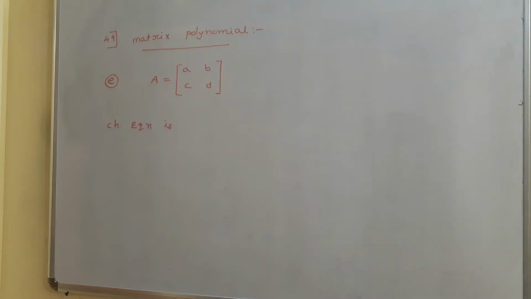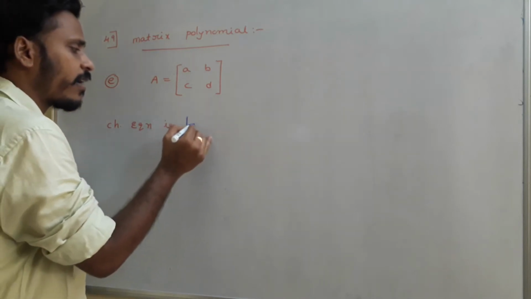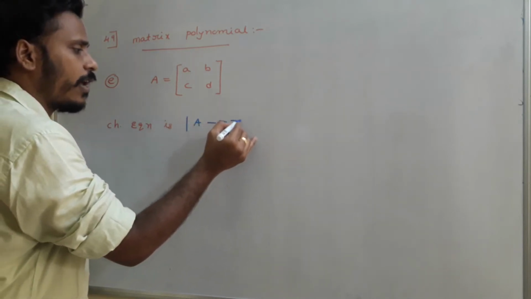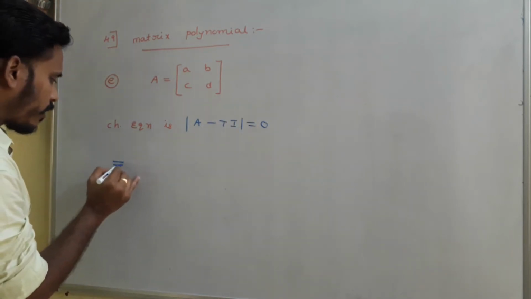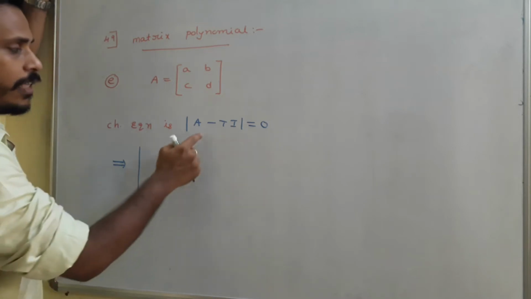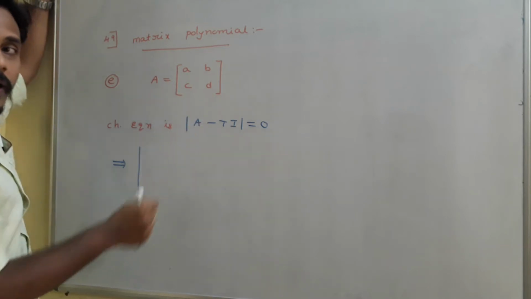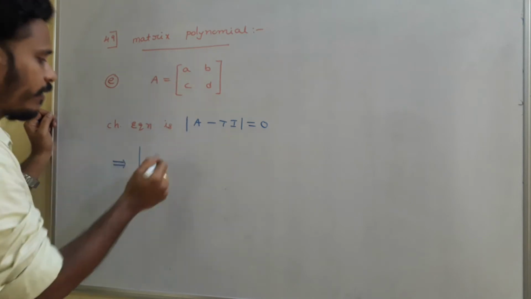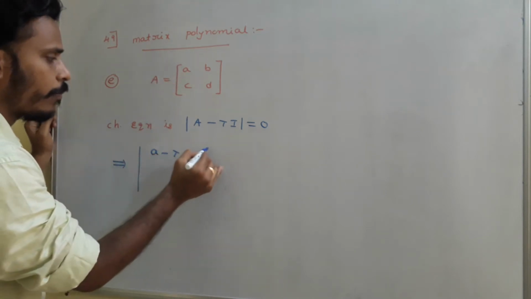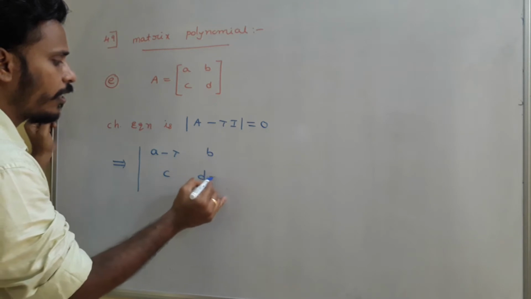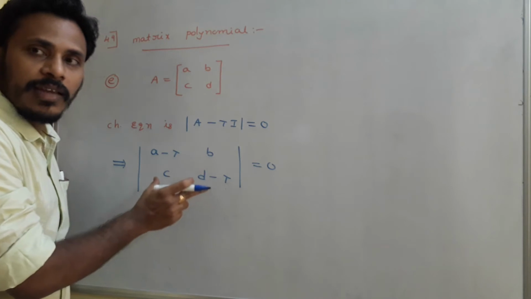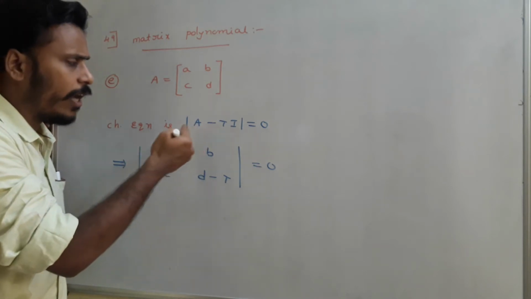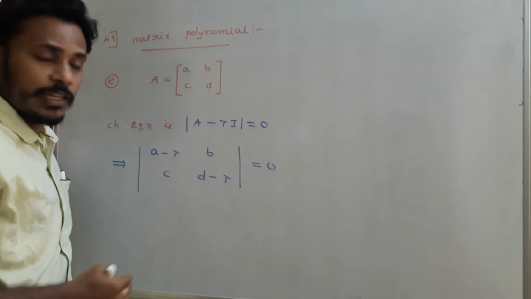So, generalization for a matrix of the form A B C D. If A is the matrix A B C D, then its characteristic equation is, as we discussed, the determinant of A minus lambda I equal to 0. The determinant of A minus lambda I is nothing but, as we mentioned, the matrix A minus lambda times the identity. So we may write it like this: A minus lambda, B, C, and D minus lambda, equal to 0. This is directly A minus lambda I. If you wish, try to calculate A minus lambda I as we mentioned in the previous point.